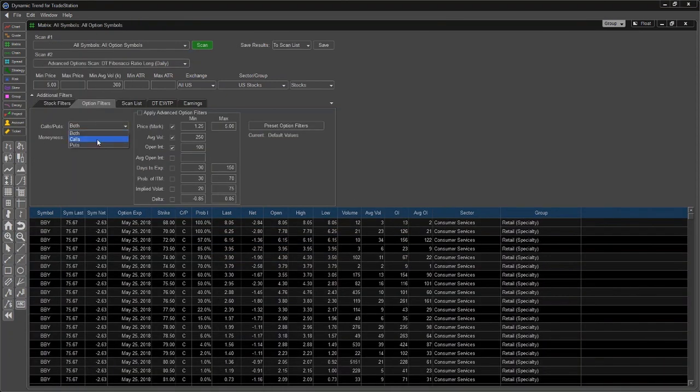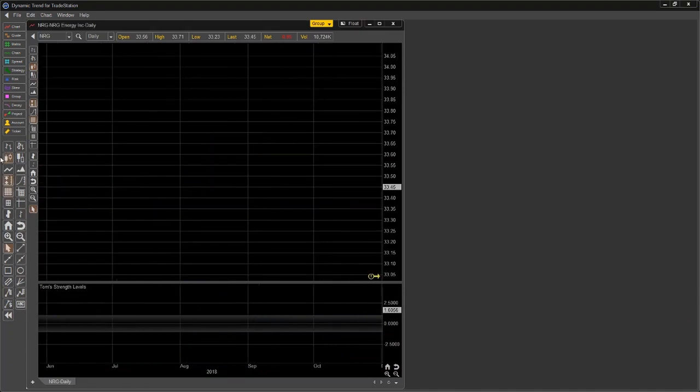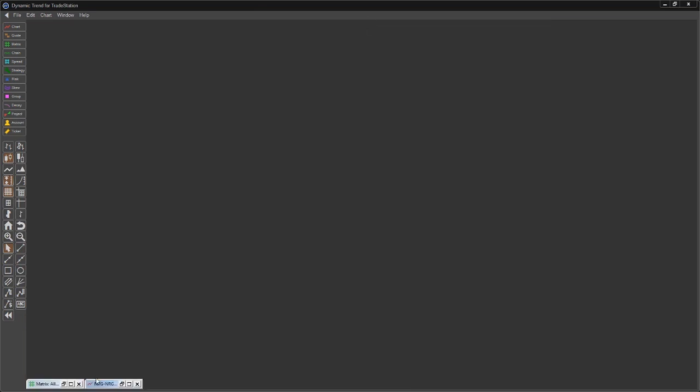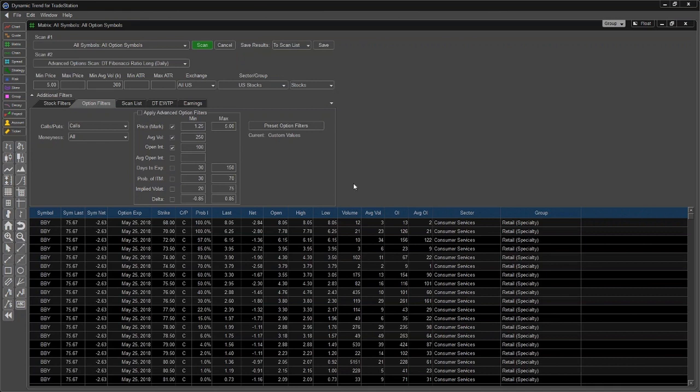Where the call options, now this advanced option scan, DT Fibonacci ratio long, is basically looking for a retracement in the marketplace. It's not overly concerned about how deep the retracement is or based on the previous impulse of the market. It's just looking for a specific type of retracement. So we're looking for a potential buying opportunity. So in that case, we want to find calls,